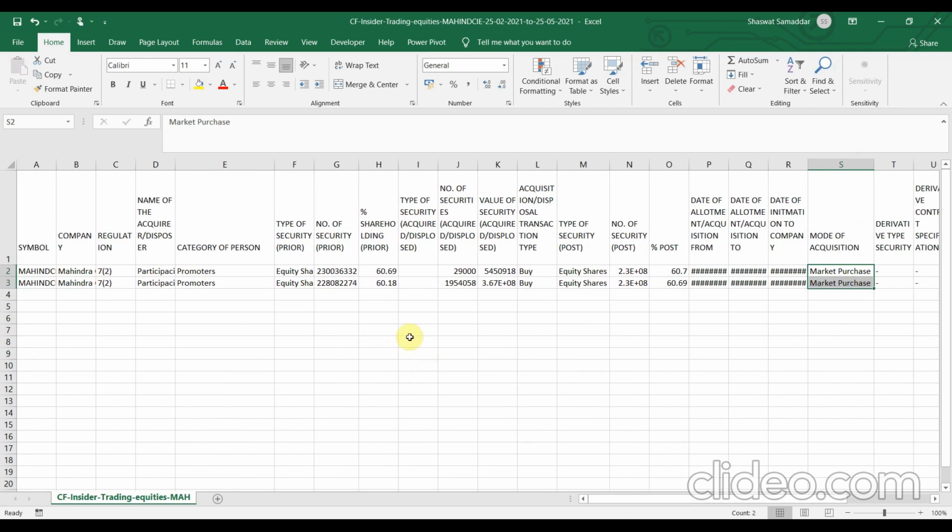Now to calculate the average price, we will sum up the total number of securities and we will sum up the total value of security. After that, we will divide the total value of security by the total number of securities. Let me just do it.